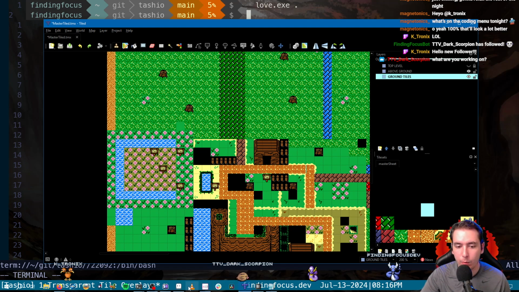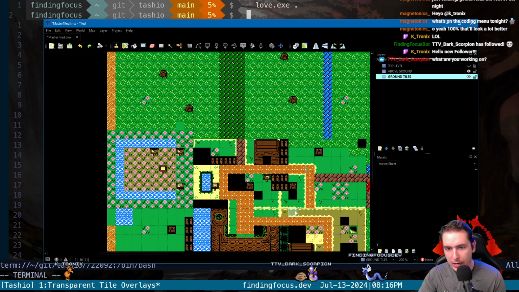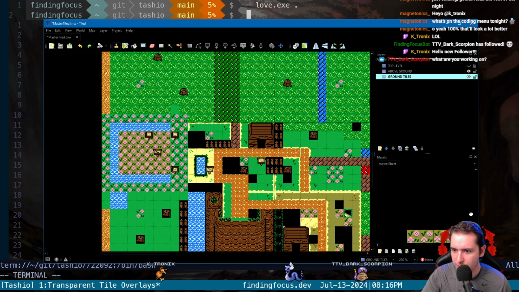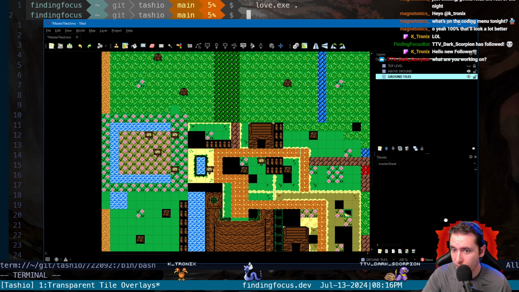So we have one tile sheet that we're rendering all of our map from, and we're using this application to draw different layers so that we can have a tree stump on top of grass or on top of sand and only have one tree stump. So I'm looking for